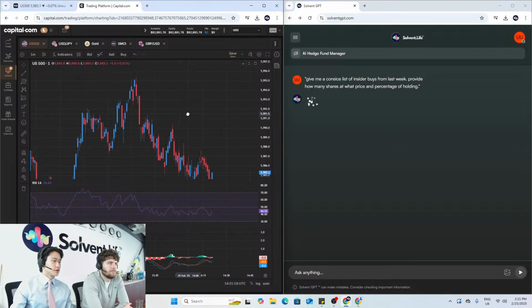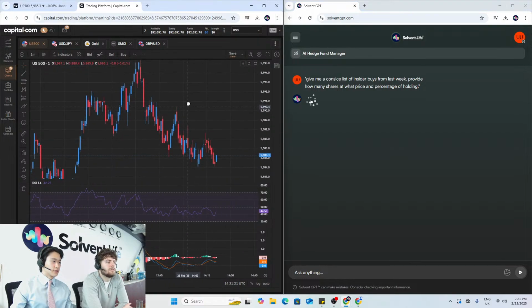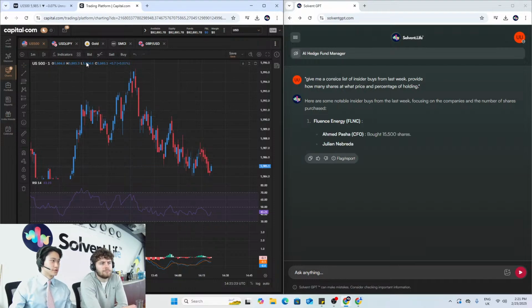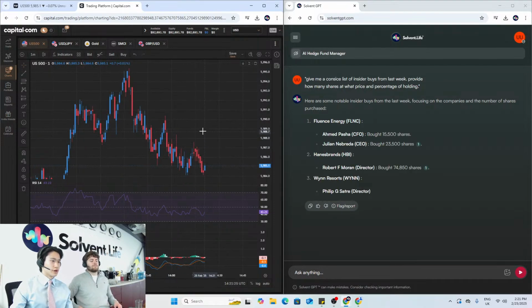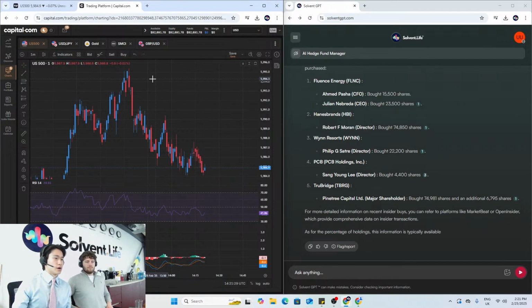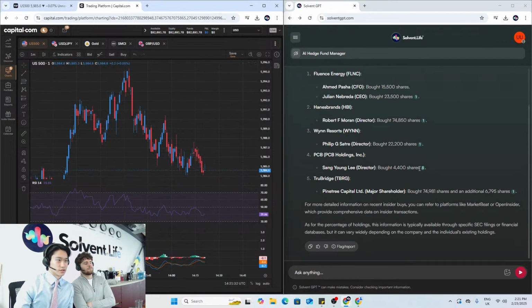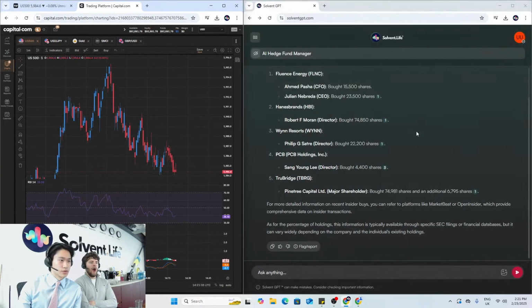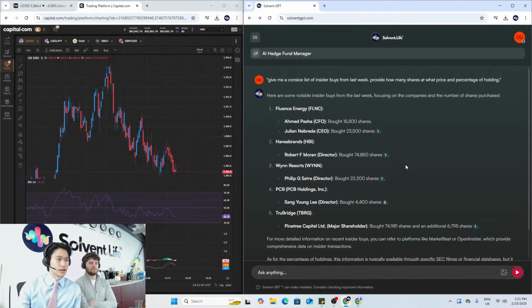So if you guys are not familiar with what we're doing, we're scalping the US 500 and gold, along with other handpicked stocks that the GPT has provided us with our image recognition and predictive functionality that the GPT has. Simultaneously, we're also just demonstrating what sort of investment capabilities and fundamental analysis that it can do.